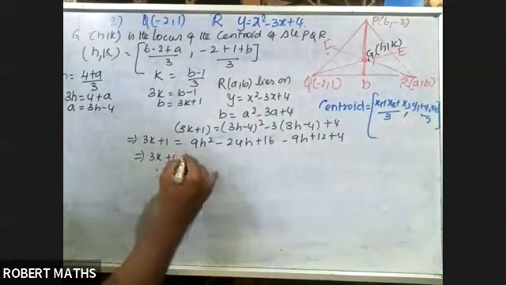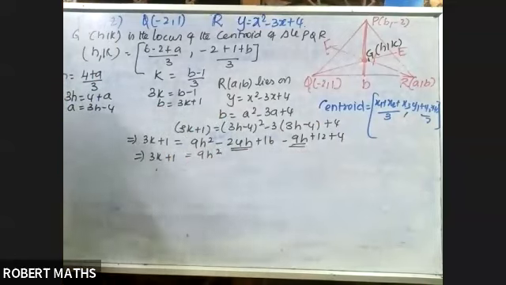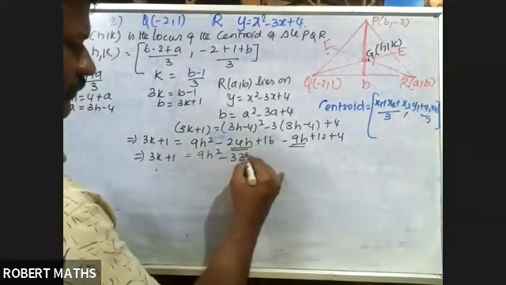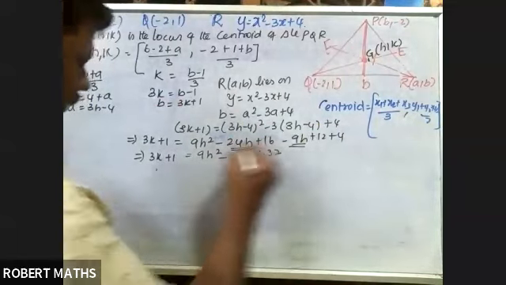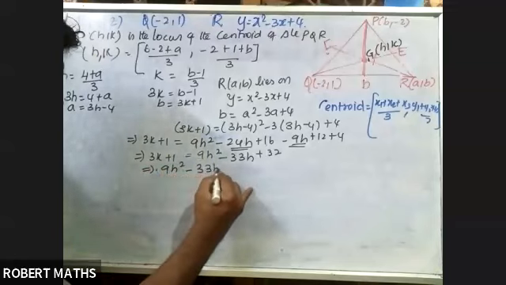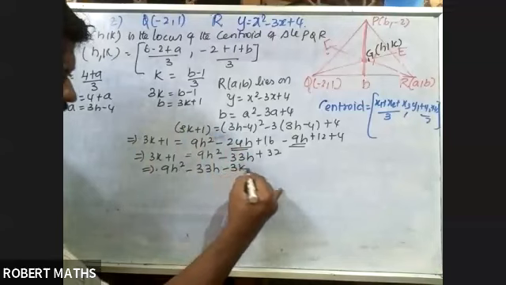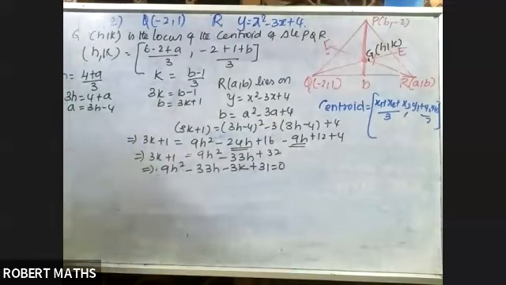We can take all of this to the other side, or take it in the next step. 9h square minus 24 minus 9, we'll get minus 33h. Then 16 plus 12 is 28, 28 plus 4 is equal to 32. Now bring all that to this side, we'll get 9h square minus 33h. 3k going across becomes minus 3k, 1 going across becomes minus 1, which is equal to plus 31, equal to 0. We'll get 9h square minus 33h minus 3k plus